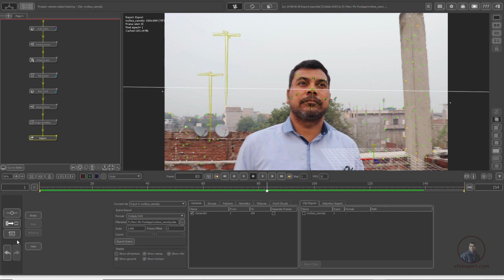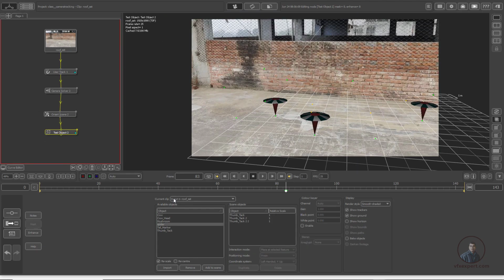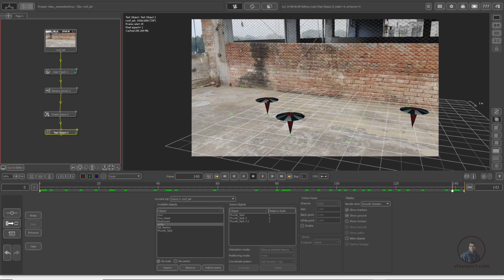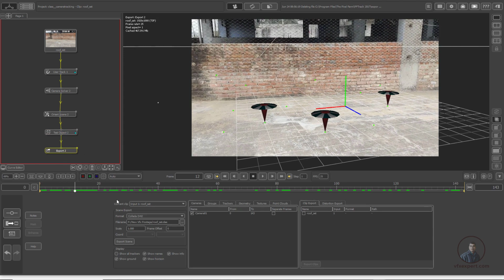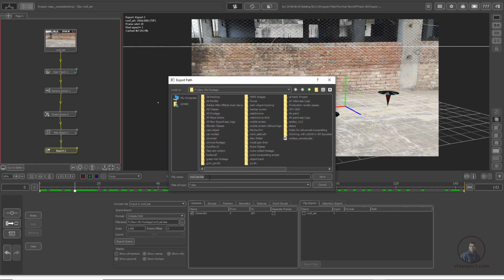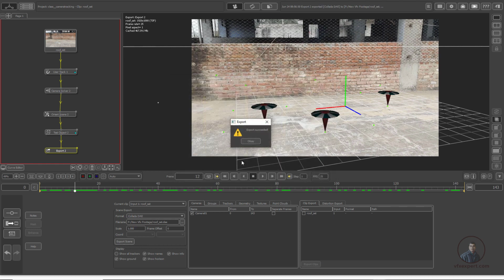Similarly, if you want, you can also export your camera tracking data here. Again, I am going to explain a little bit. Here this is our camera tracking shot. This one, if you want, you can also export. Right click here, click on export, then click on export and attach it here. Then select the same format. From here we have to select our location. In the same folder, go, set, save, then finally click on export scene. Press OK.